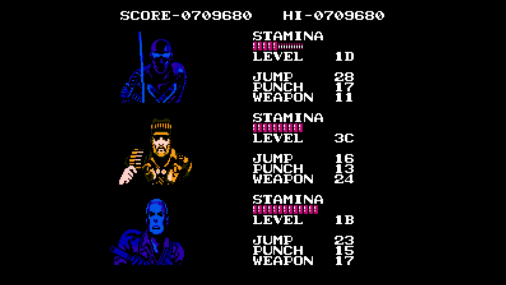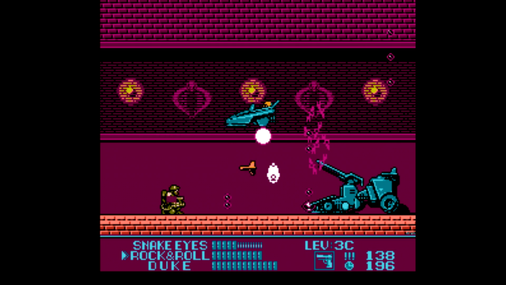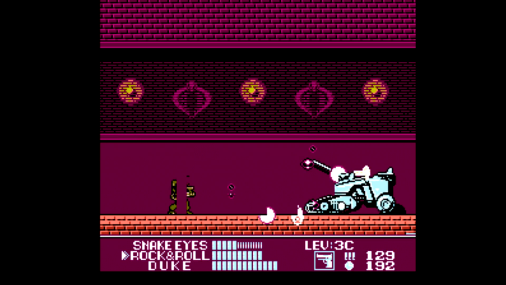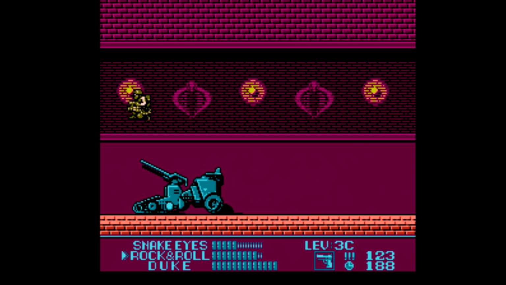At the end here, we reach the boss encounter. I'm going to go ahead and switch over to Rock and Roll once again. You can't hurt the ship when the guy is out of it. You can only attack when the cockpit is fully in, so